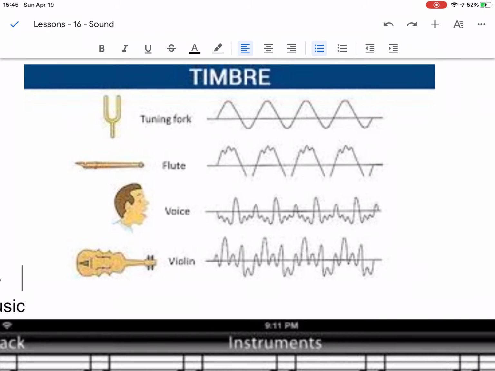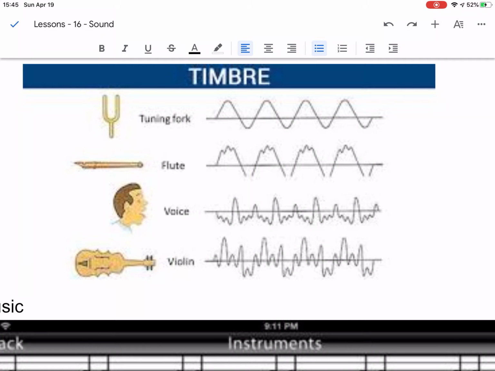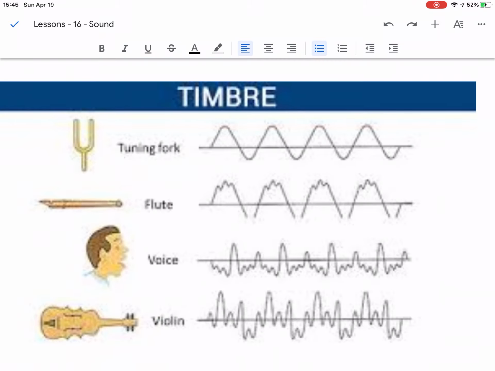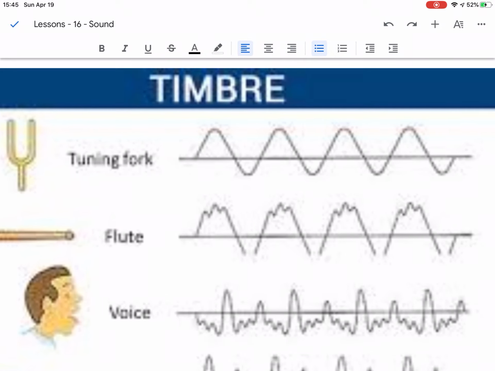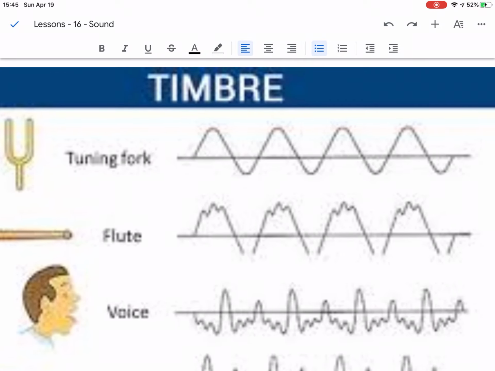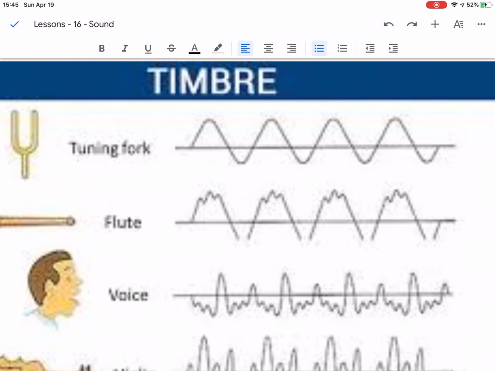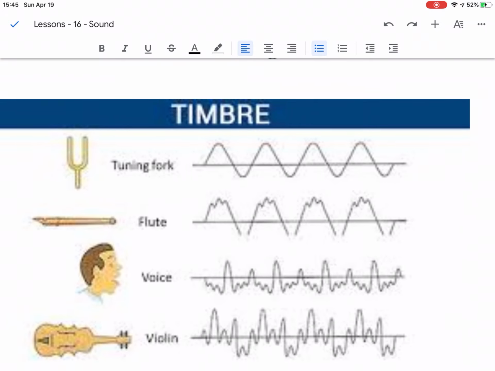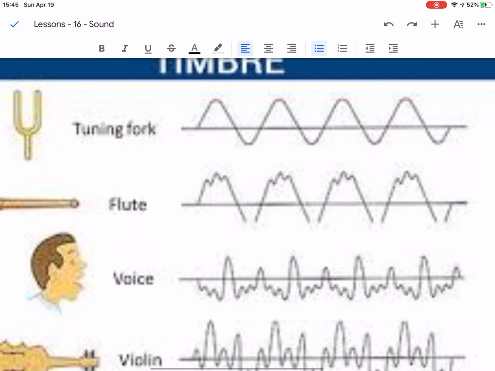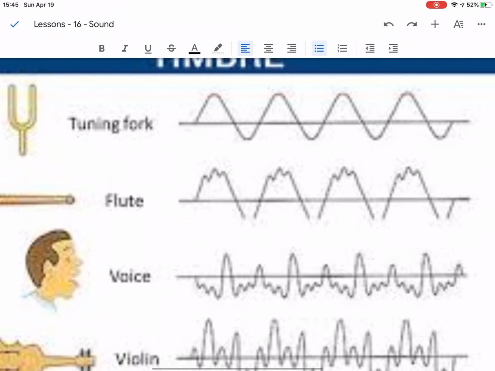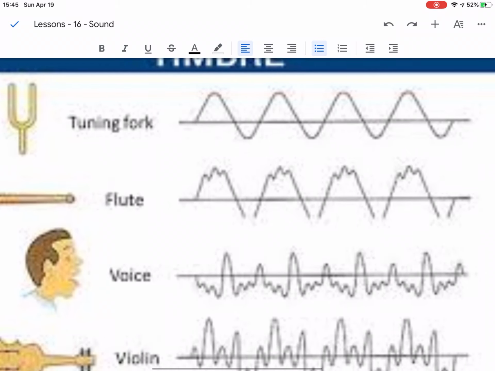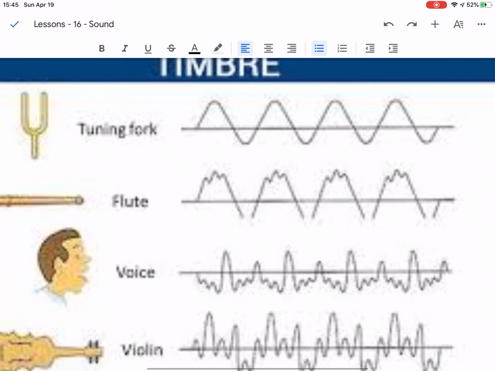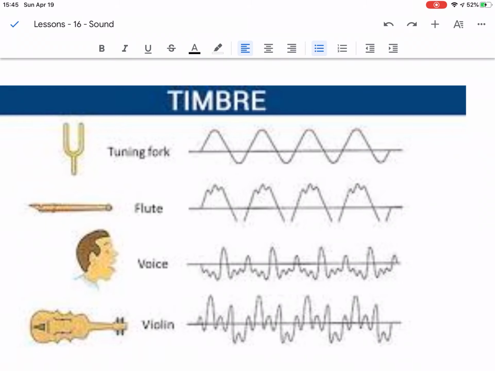Each one is playing the exact same note. Let's say these are all C's, and a tuning fork you play is C. If you look really close, that's a very, very nice C that goes up and down, makes a nice sine wave that goes up and down. Well, a flute has some little innuendos in there. Although it's trying to make that up and down sound, it has a little bit of vibrations because of the way you breathe and the way you blow through. It comes out just a little bit different.